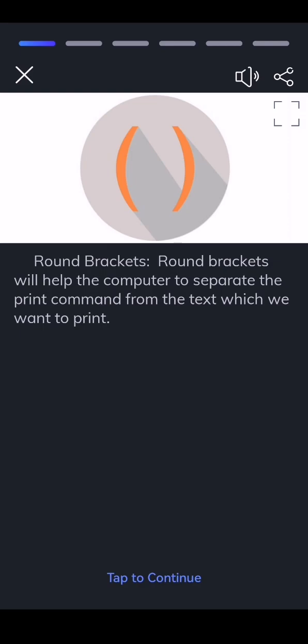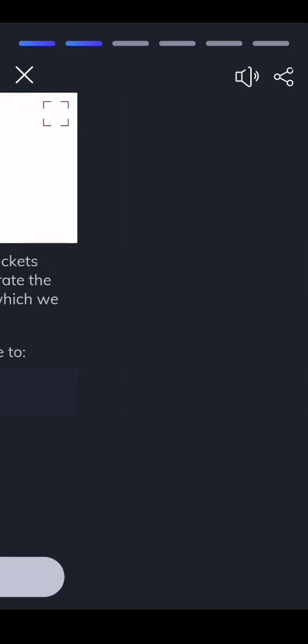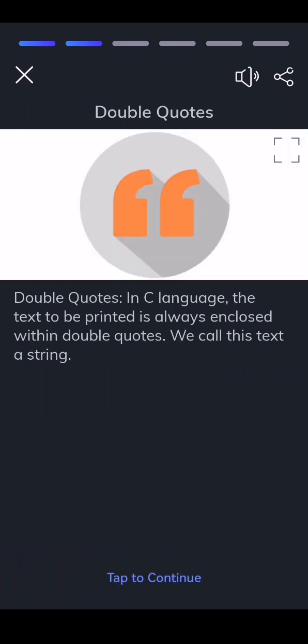Round brackets will help the computer to separate the print command from the text which we want to print. Now our command will change to double quotes. In C language, the text to be printed is always enclosed within double quotes. We call this text a string. So our command will change to